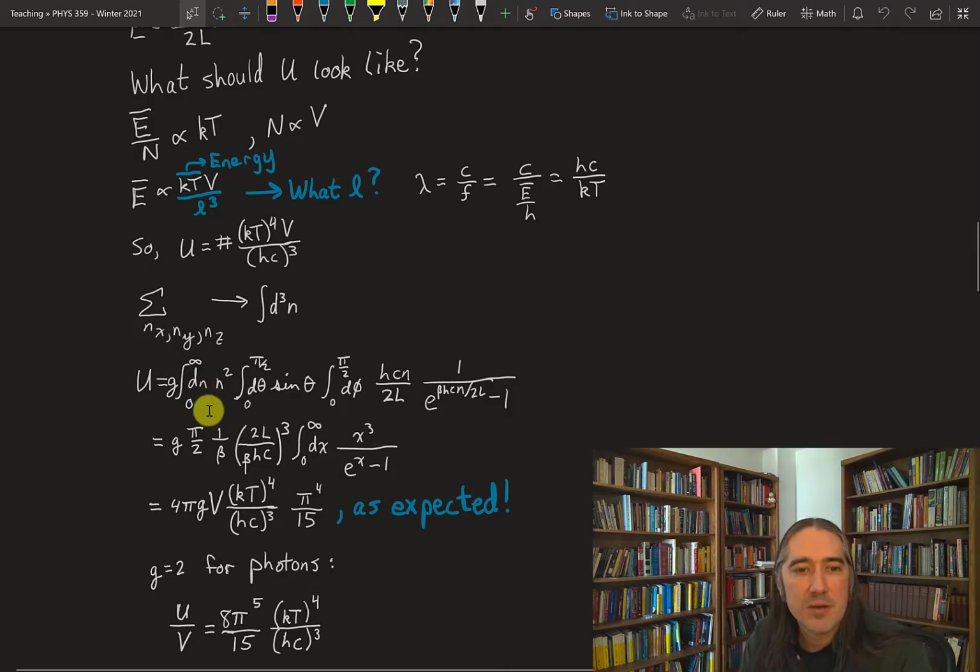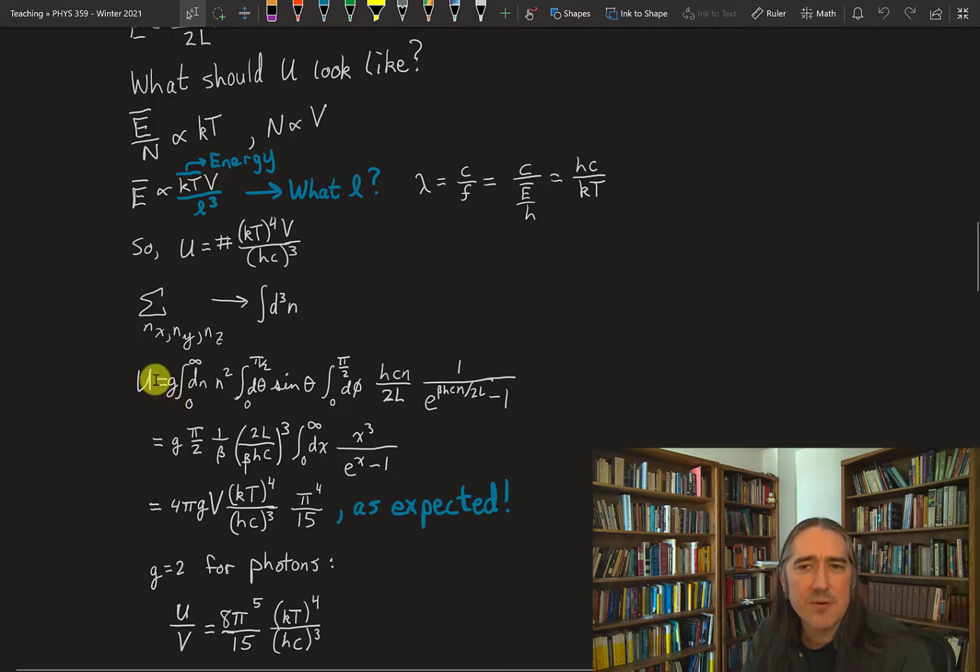Right? Good. So I keep saying photons or massless bosons. I'm saying them both. Now I'm going to nail it down that we're talking about any massless boson by putting a G here. Okay. So just like for fermion gas in a box, we had this degeneracy factor. Right? The electron is a spin half particle, so it could be up or down, degeneracy factor of 2. When we talk about a gas of nucleons, they could be either a neutron or a proton, either spin up or spin down, so G is 4. For photons, G is also 2.